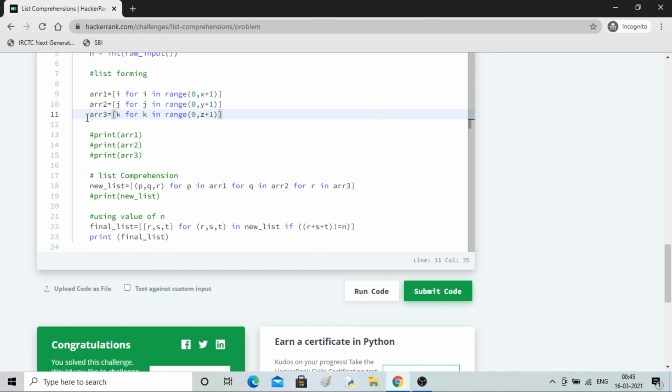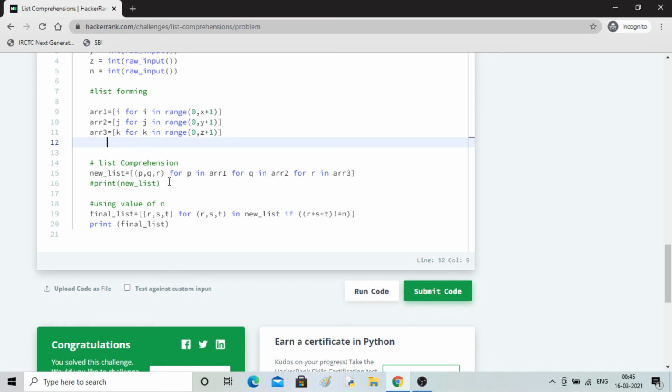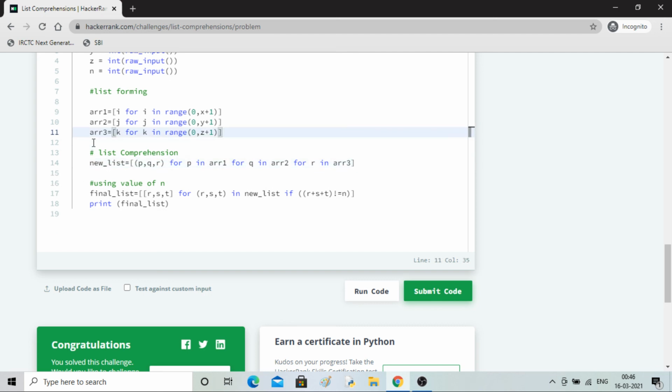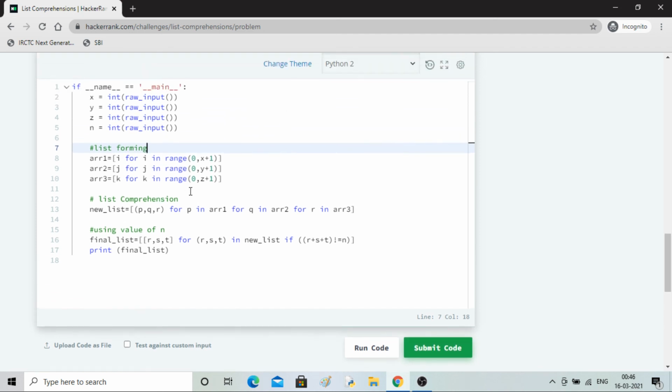So all the outputs are the same. It is just that I'm writing it in a more concise way. See, even this guy I can remove because you know the output. This guy also I can remove, and you will have much cleaner code. Okay, so instead of using multiple for loops, you can use a shortcut like this.